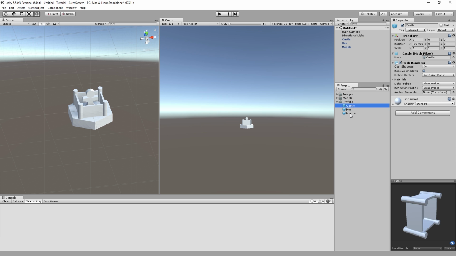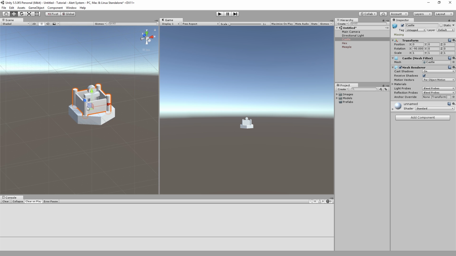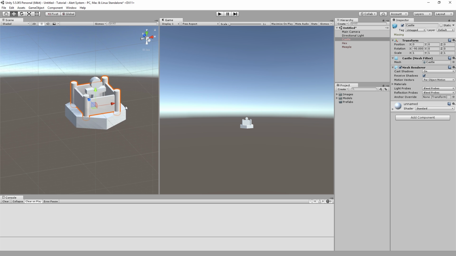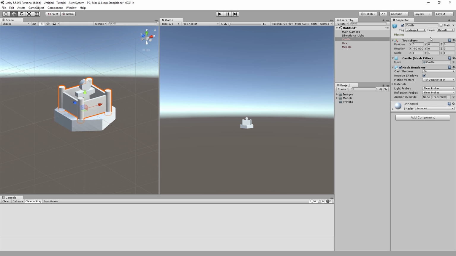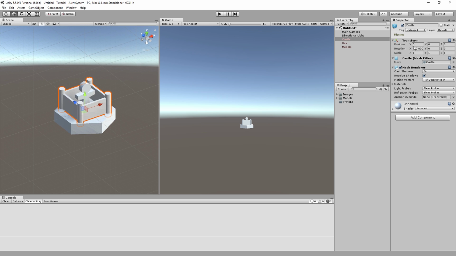Now, oh, hold on. We're not going to do that because, as we know, you never want an object that has a model, right? This is a model. You never want that naked on the root of your object. Why are these red? It's because the prefab that they were connected to is gone, but that's okay. You never want that as the root because if ever you want to replace the graphics, it becomes kind of annoying to do. Also, because we are importing from Blender, which has a different coordinate system than Unity, this is not always a problem depending on what modeling software you use. Because it has a different coordinate system than Unity, it has this 90-degree rotation here all the time, which can get kind of awkward. So it's much, much better if we were to